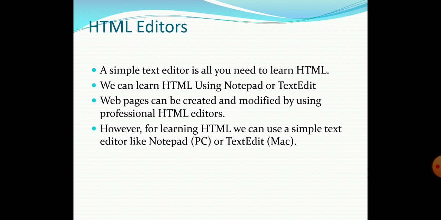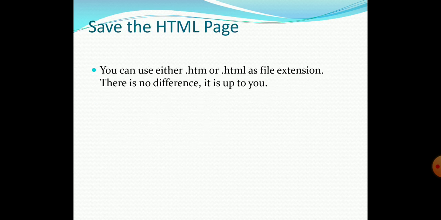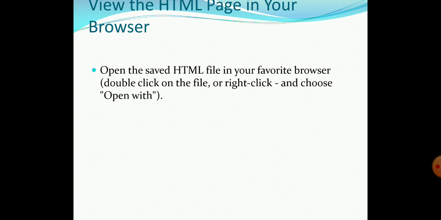If you want to write the code for your HTML, you will use a text editor. The common text editors, you can use Notepad or maybe you can use TextEdit. These are the most popular editors in which you can write the code. Whenever you want to save your HTML page, you will save it with the .html extension. You can also use the .htm, for the systems which support a 3-letter extension. To view your web page, you can simply double click, and by default the page is going to open with a web browser.